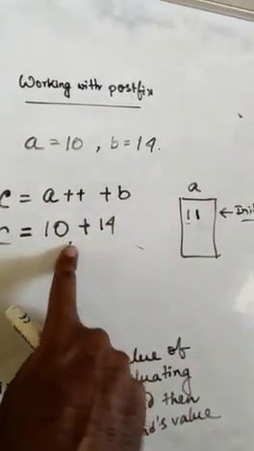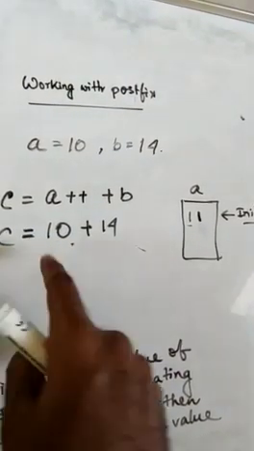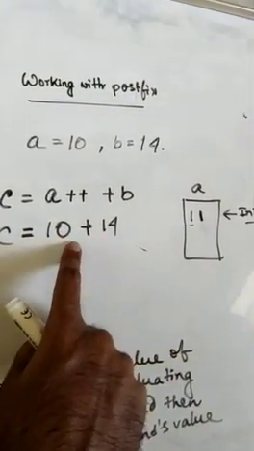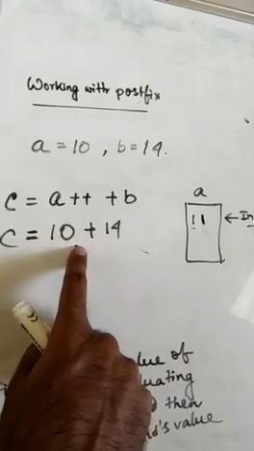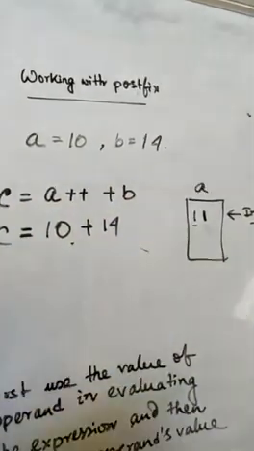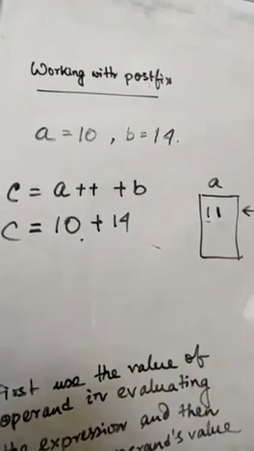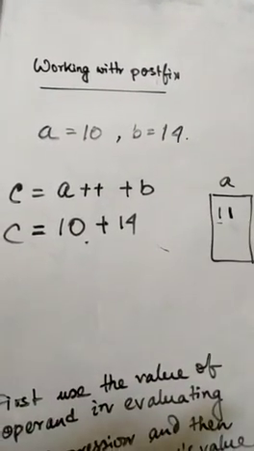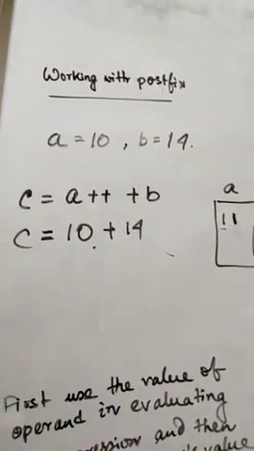So after using its previous value in the expression, the value of the operand will get incremented or decremented. That happens in case of only the postfix version. If we compare this to its previous